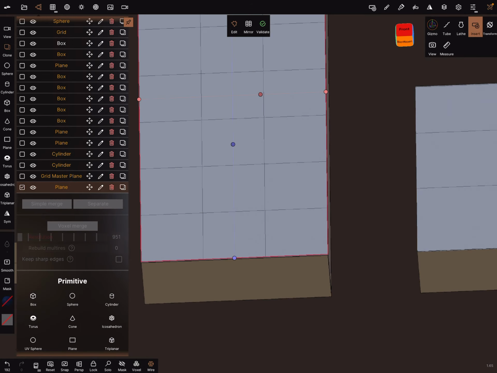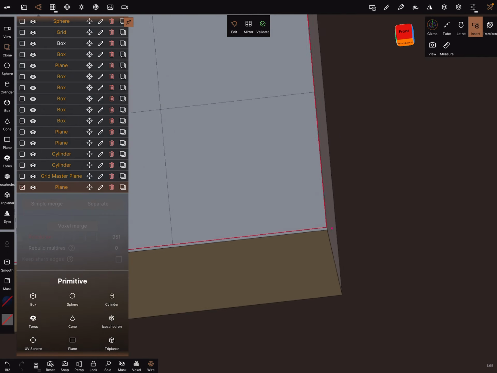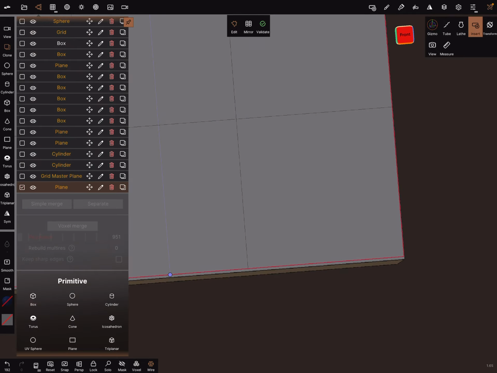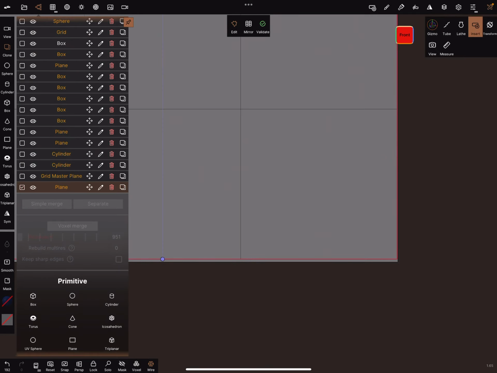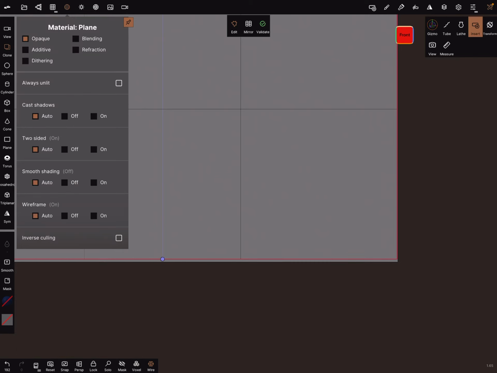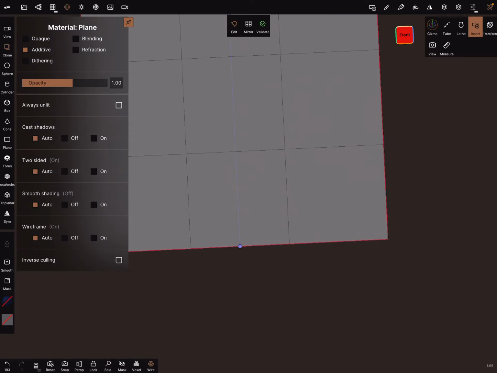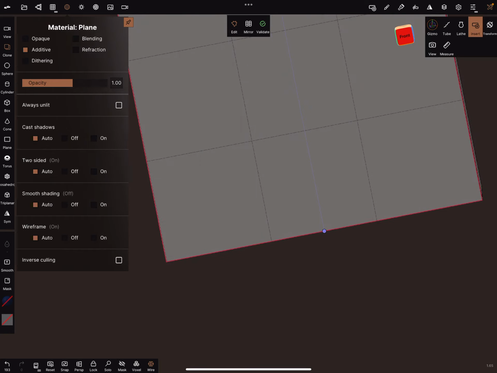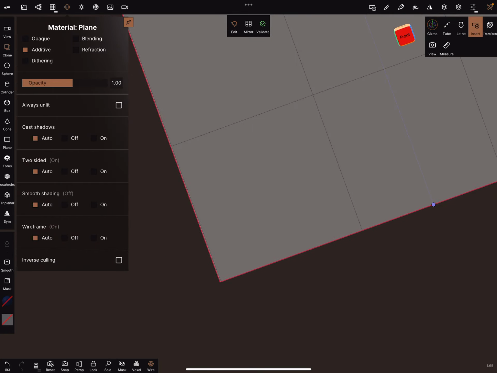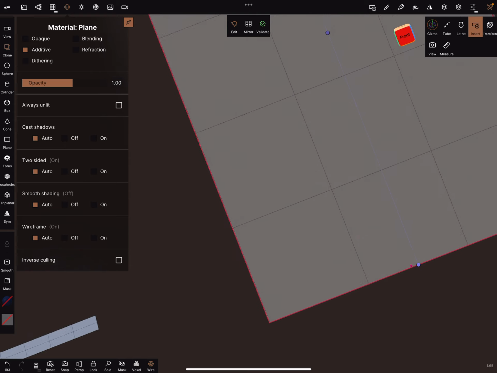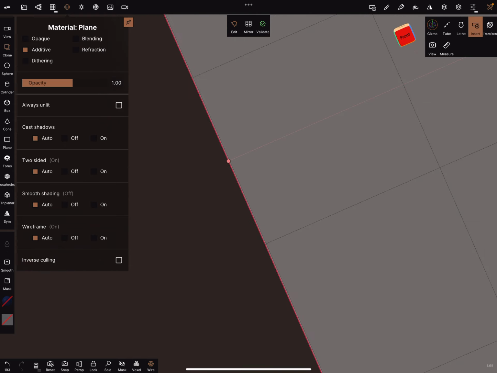You can do it really exact when you go in a near view, and you can also make the plane additive. Then you can look through it and place your grid very precise, like in this view. And so on and so on.